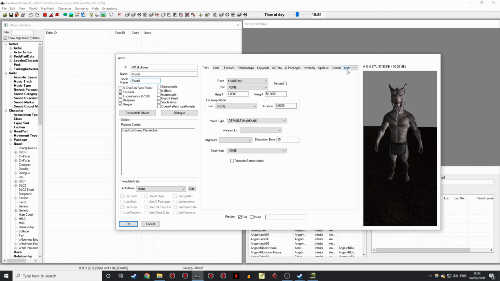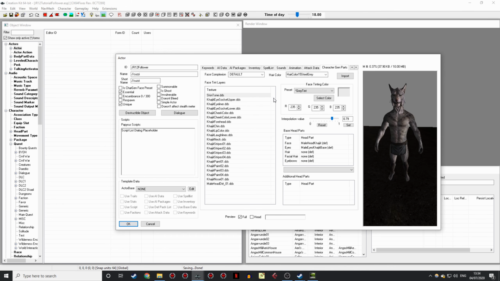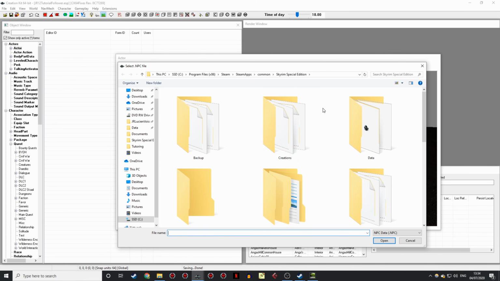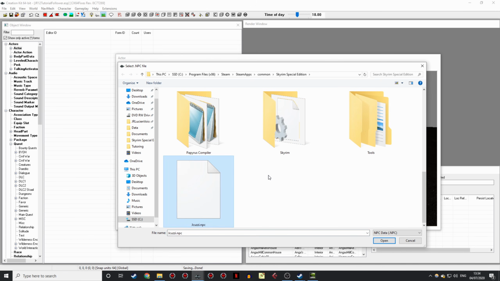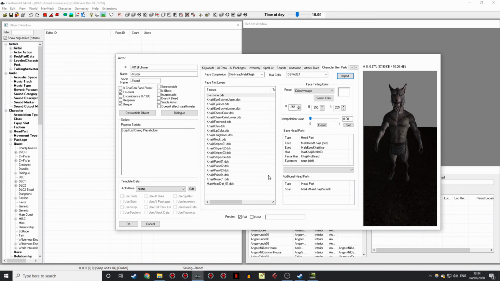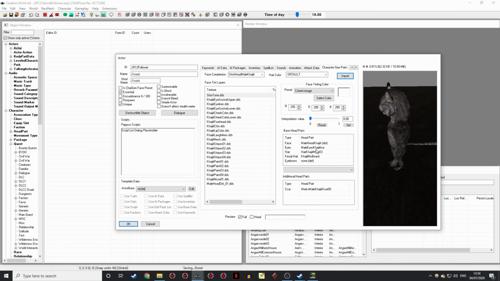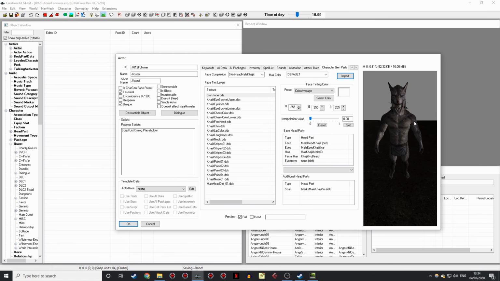There we go. And now you're going to want to click your way through these tabs until you find character gen parts. If you click that, these are all the parts that make up your character's face, and you can tweak those however you want here. But like I say, it's easier to do this in-game, so we're just going to import that face gen that we created for Jacuzzi. Hit that, and it's all in there. Our face preview hasn't updated yet, so if you just click again on full, there we go, it's updated. Here he is in all his glory. Excellent. So now we're done with his appearance, we can start on the technical nitty-gritty.